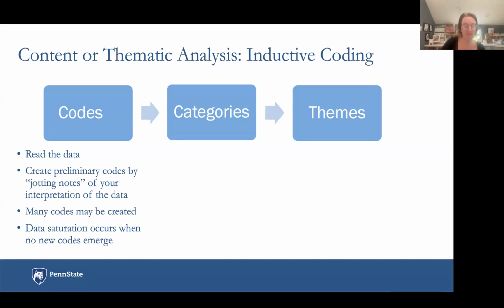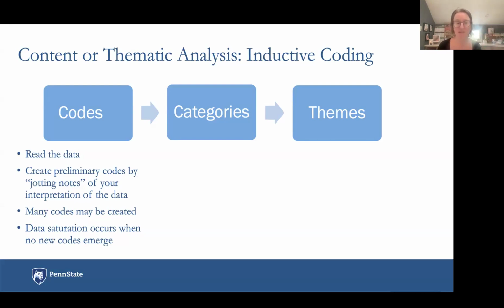What we have our analysts do is jot down their notes of what they're hearing in the data. For example, if I'm analyzing an intervention and I want to know people's opinions or perceptions or their experience with an intervention, they may have positive experiences. I liked the timing of it. I liked the duration. I liked the format. I didn't like how long it took. I didn't like this. And they start to have these little nuggets of information, sometimes called meaning units or codes, that come out of the data. And we just write this long laundry list on the side.